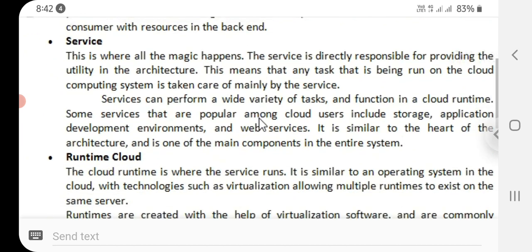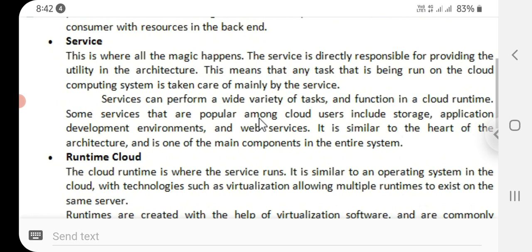The next one is service. This is where all the magic happens. The service is directly responsible for providing the utility in the architecture. This means that any task that is being run on the cloud computing system is taken care of mainly by the service.